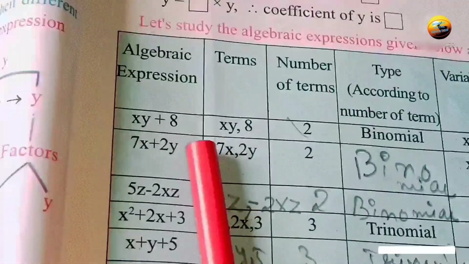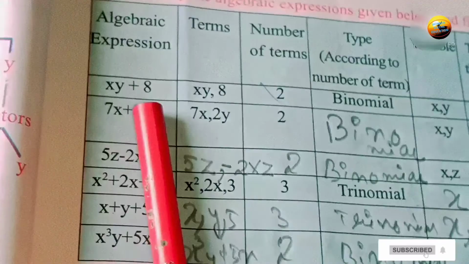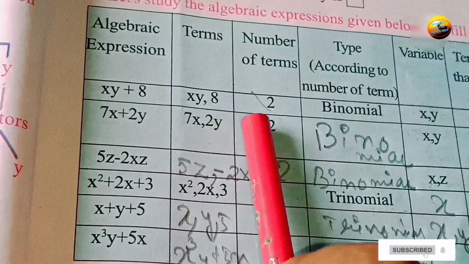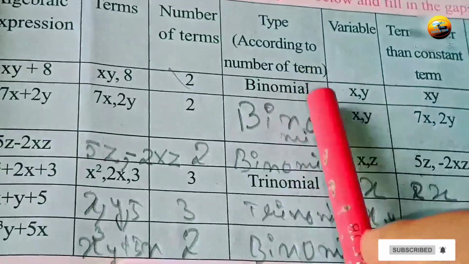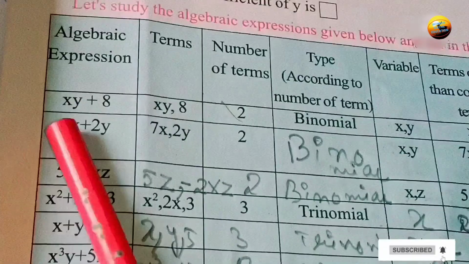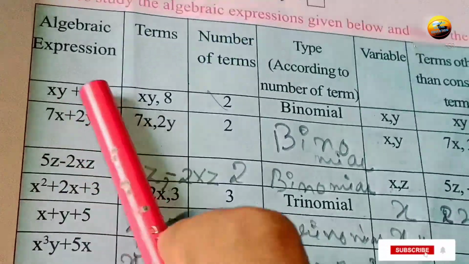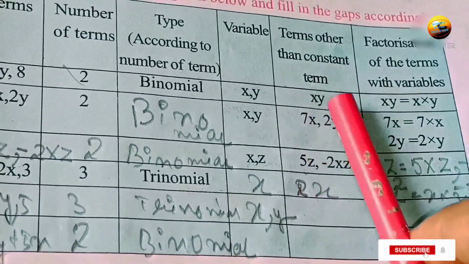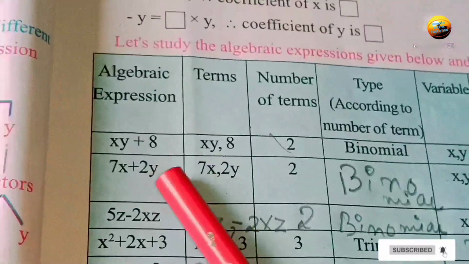অ্যালজেব্রিক এক্সপ্রেশন। তো অ্যালজেব্রিক এক্সপ্রেশনের তলে আমাদের আছে xy + 8, আর টার্মস উইল বি xy, 8। আর নাম্বার অফ টার্মস আমাদের আছে 2। এবার টাইপ অ্যাকর্ডিং টু দ্য নাম্বার অফ টার্ম, সেটা তাহলে বাইনোমিয়াল হবে। আর ভ্যারিয়েবল আমাদের দেওয়াই আছে x, y হবে, কারণ এখানে 8-এর কোনো ভ্যারিয়েবল নেই। সো দেন আমাদের টার্মস আদার দ্যান কনস্ট্যান্ট টার্ম আছে xy, কারণ এখানে xy কোয়েশ্চেনে আছে আর 8-এ